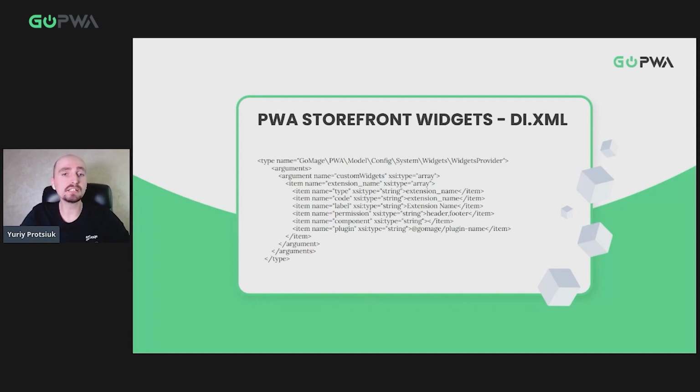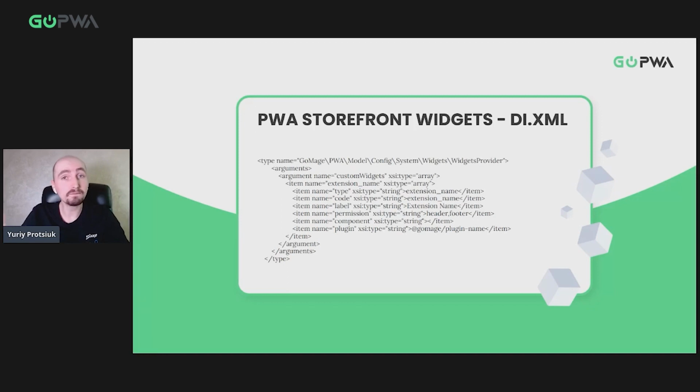A component is if you want to specify a specific component of the plugin, then this field specifies the path to your specific component. If the plugin already connects the component you need, this field may be left blank. And finally, you can use the plugin to name your particular plugin. And that's it. So develop the extension, add the necessary information to the DIXML file, and the last step is you deploy the code. And that's it, you're done. This is all you need to create your very own first widget for the PWA.